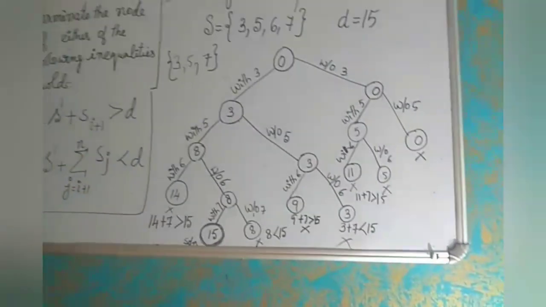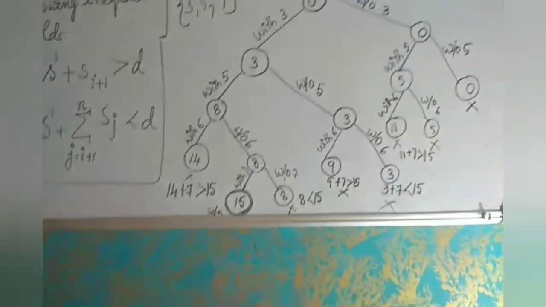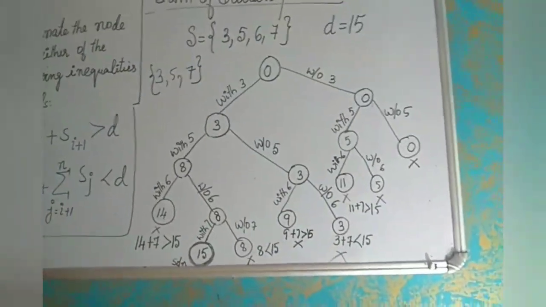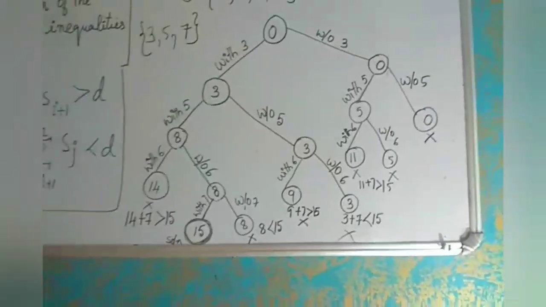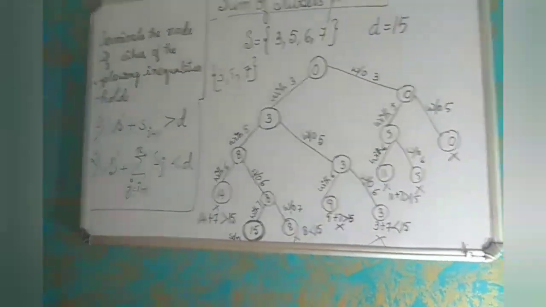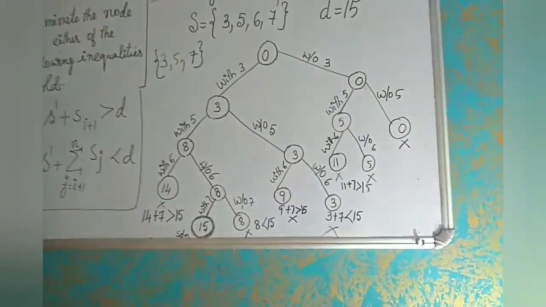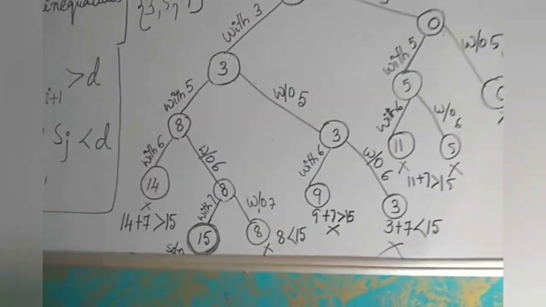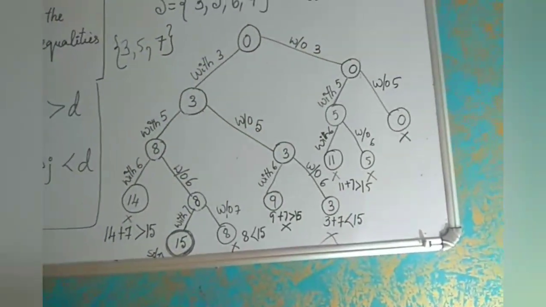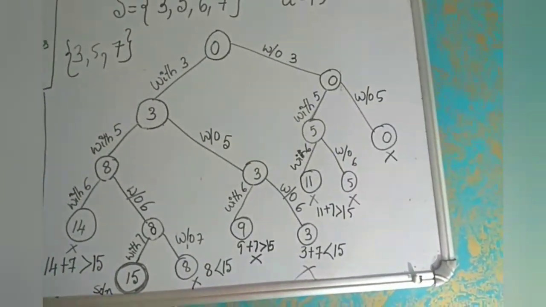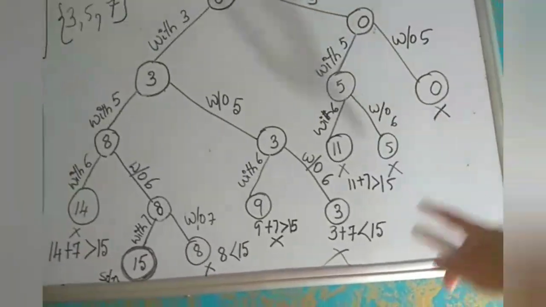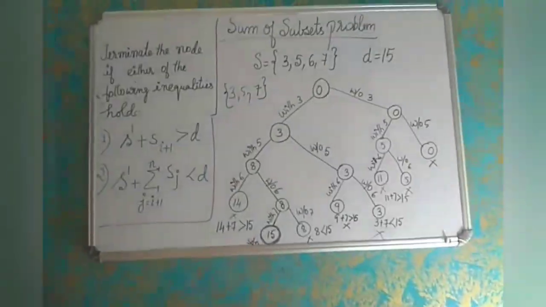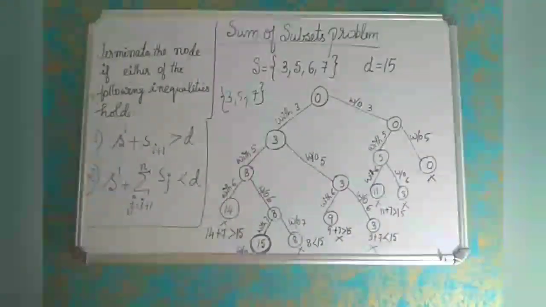I have not shown all the nodes here, but anyway that will become a non-promising end. It will not give us any solution. You try expanding all the nodes and you check if there are any solutions. So again here on the right side also, without 5, we got 0. Then again we continue with the next element. So there also you have to expand this with and without. Again that will also lead to non-promising dead ends. It will not give you any solution. Please continue, don't stop there.